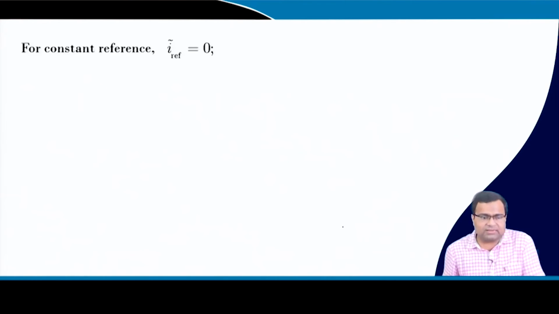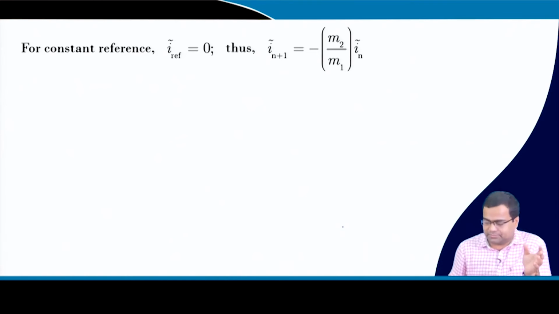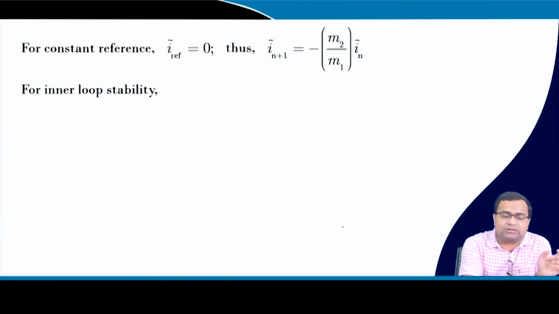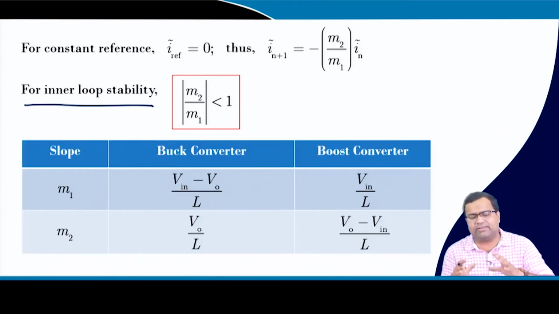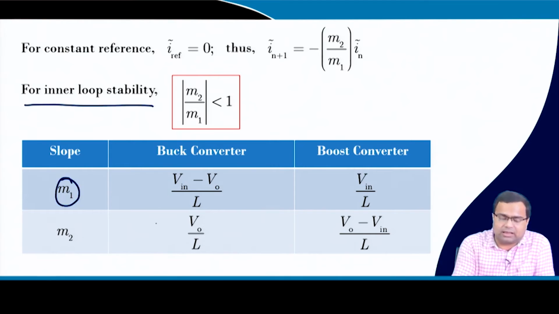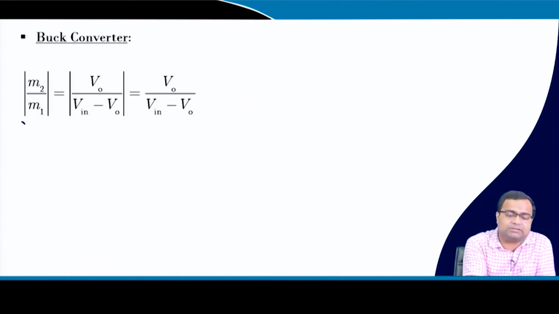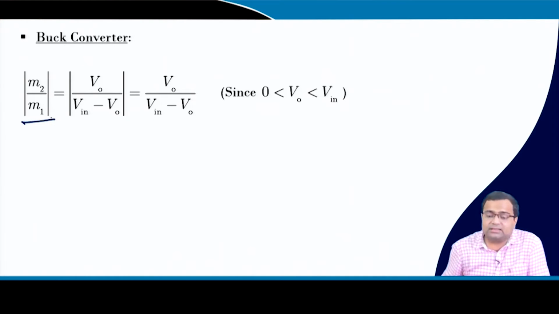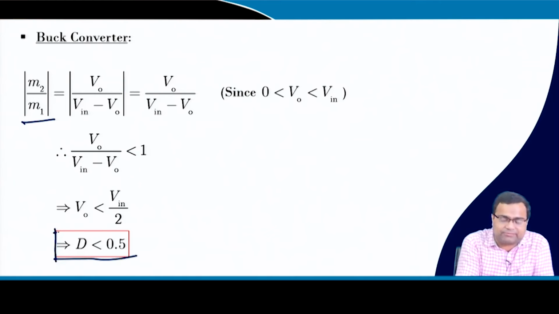That means for constant current difference, what we call zero input stability, for the inner loop, that actually gives us the inner loop stability: the magnitude of M2 by M1 must be smaller than 1. If you take a buck, boost or even buck-boost, and take the M1 slope and M2 slope for the buck as well as boost, and substitute into this equation, it can be shown that the inner loop will be stable when the duty ratio is less than 0.5. That means under peak current mode control,